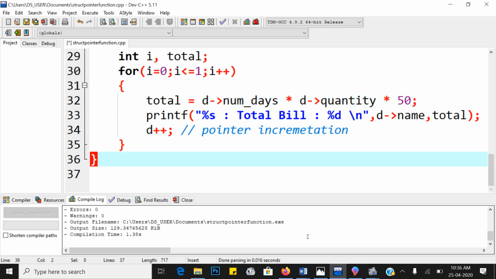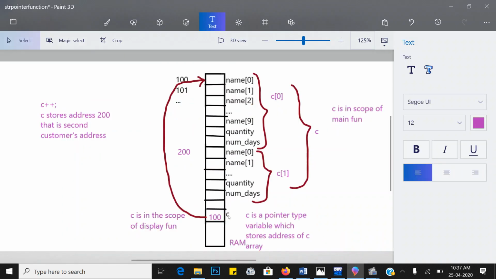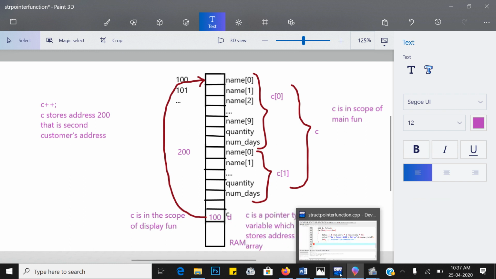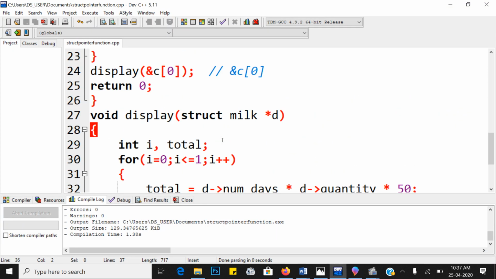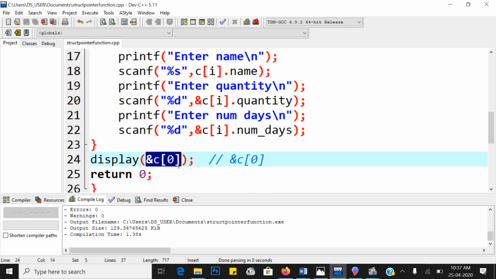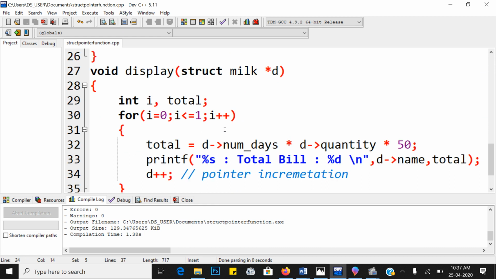That means graphically, instead of C, we have to take D as a variable name. So D is a variable name which is in the scope of the display function. So when we pass the customer's base address, it is caught into which pointer type of variable?